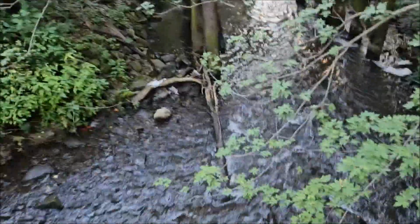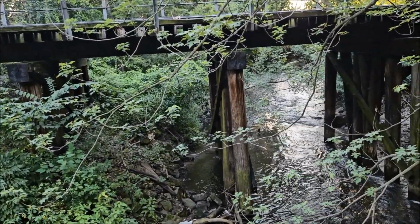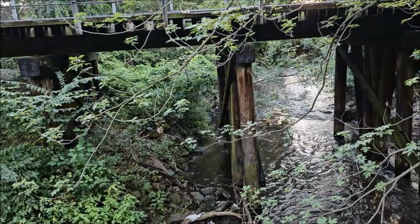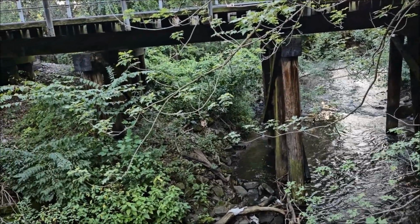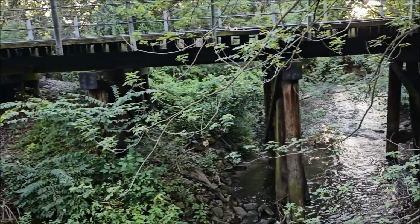Oh man, this is pretty here. Okay, this is cool. Got a nice little railroad bridge there. Now, I don't know, is it an active line? Is it not an active line? No trains go there. But this is definitely not like an abandoned railroad line. This is still property of the Union Pacific Railroad, so...